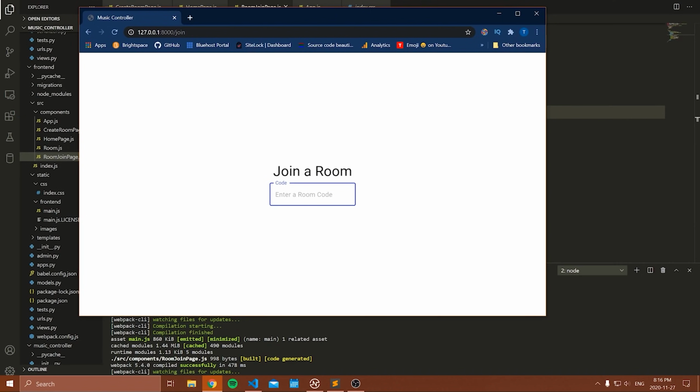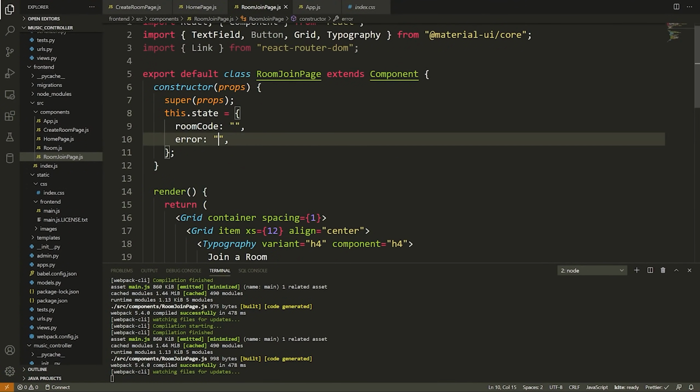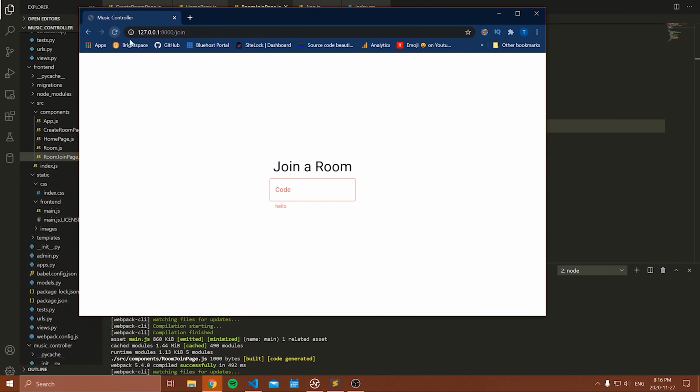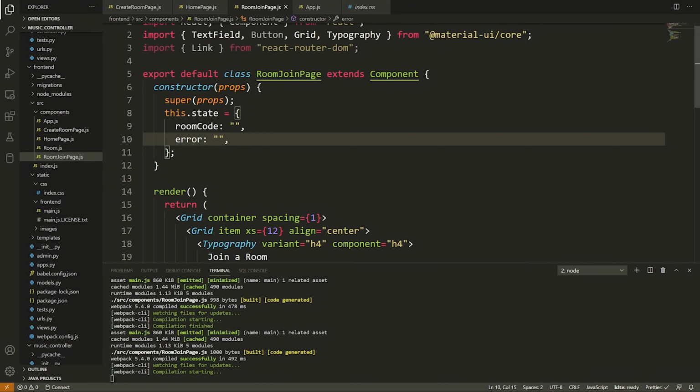Awesome. So now just notice, I think I showed this, but when you press this, the code kind of goes up there. You get the placeholder text and it looks all nice. All right, now actually just to show you what the error looks like, let's add some text into the error as the default state. Let's refresh, and now notice that this actually goes red because we have some error. It shows us the error right here. That would be like the helper text. And yeah, that's pretty much what it looks like when you have an error. All right, so now we can remove the error and let's continue coding this out.